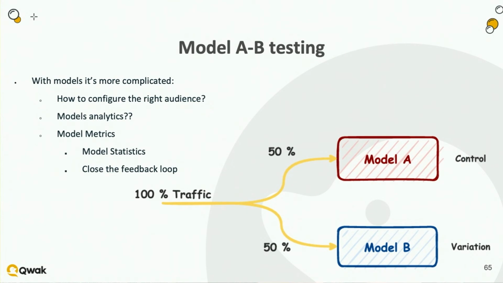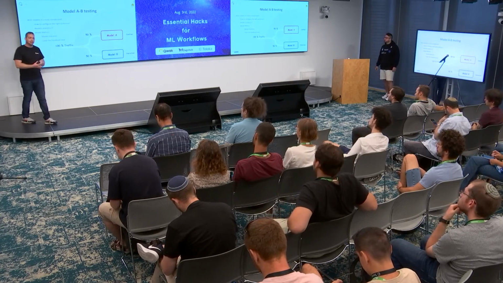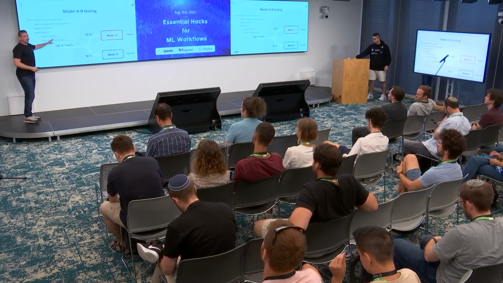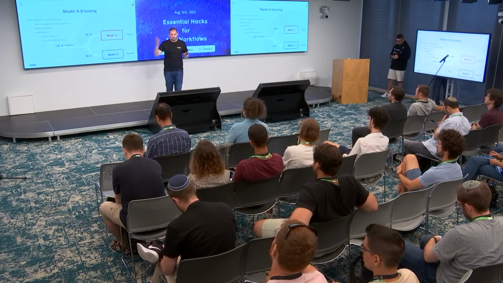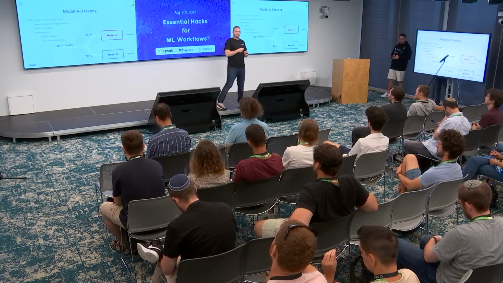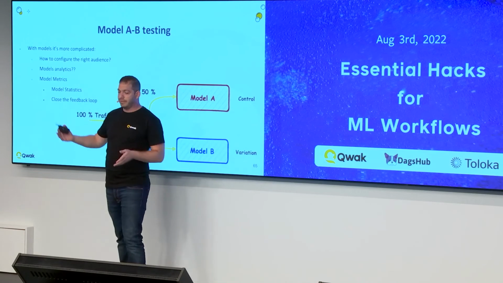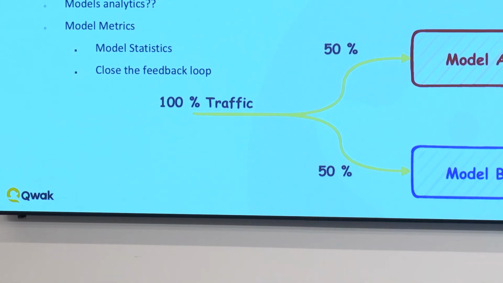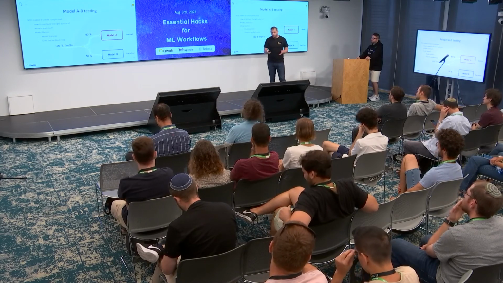So if, for example, you automatically save all the data that goes through a model, you'll be able to automatically see the distribution and create reports. And in addition to that, you'll close the feedback loop, send back feedback, what the actuals of the models are, and create the metric of the model, let's say accuracy. You'll be able to see if a new version actually works as expected, and based on that, decide how to roll out a new version. So those are things that you need to think of and build to actually have these mechanisms. This is something that we invested quite a lot of time in at Qwak to make sure that companies can actually achieve it using our product, and we'll be able to talk about it even more.